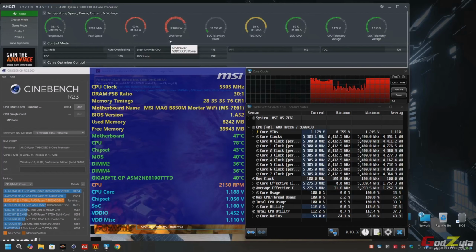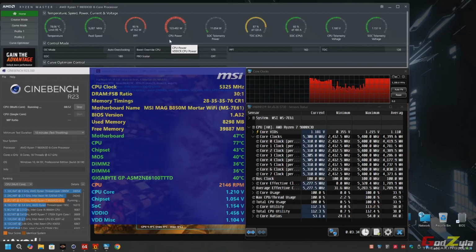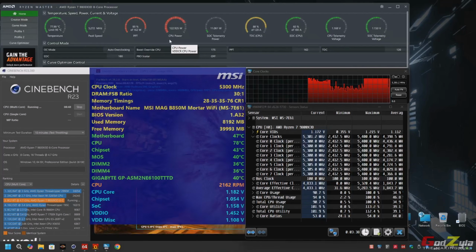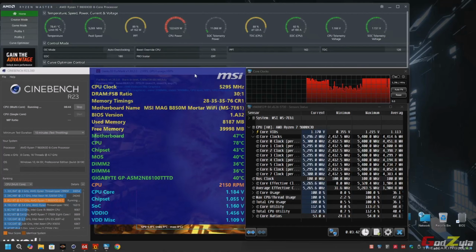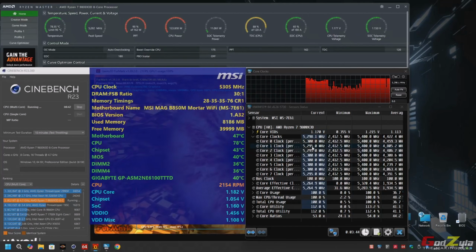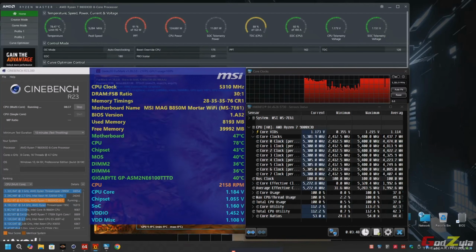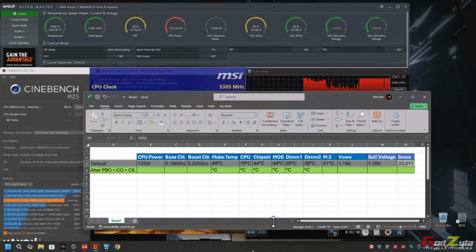It's drawing 123, 125. It's just like the default. So this is just like you have not done any undervolting at all. So that's the reason why I do not like this. And looking at the fact that yes, indeed it's 5.3. Take a look at the